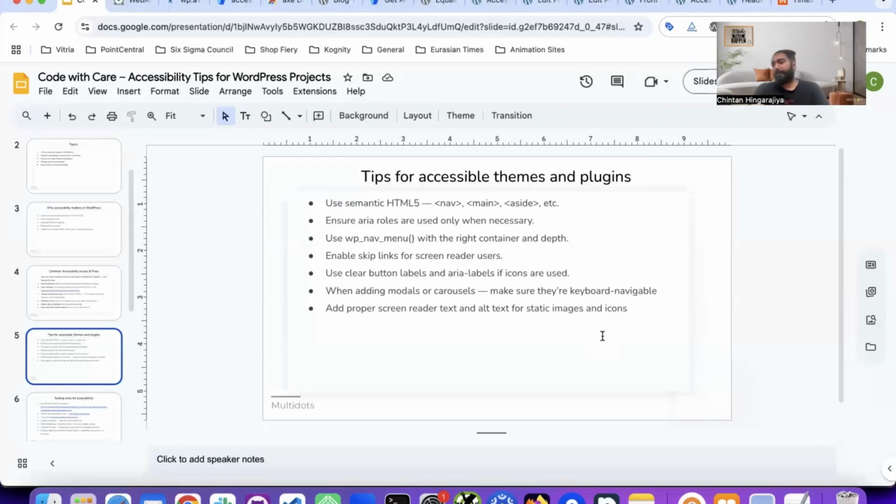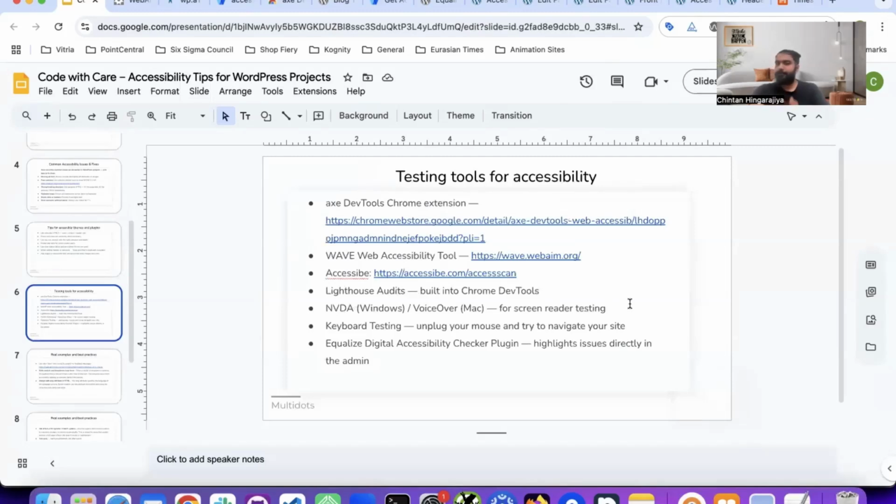Add proper screen reader tags and alt text for the static image and icons. This point we have already discussed, right? Our next point is testing tools which we can use for accessibility, right? So here I have mentioned some of the